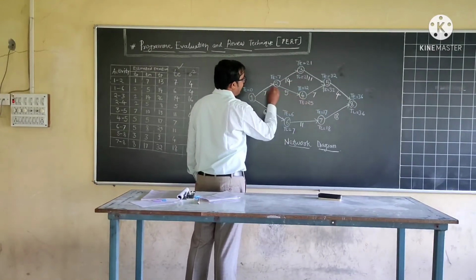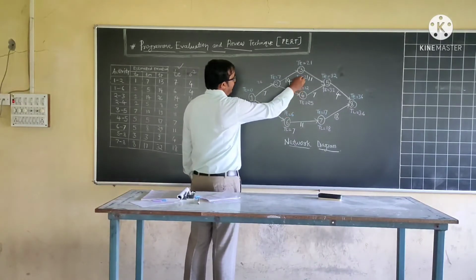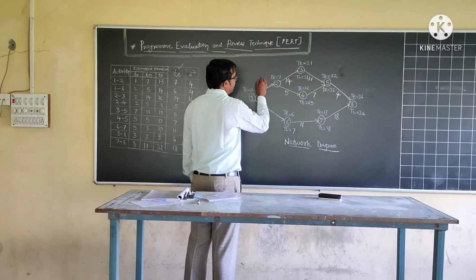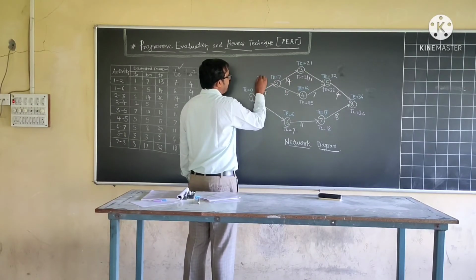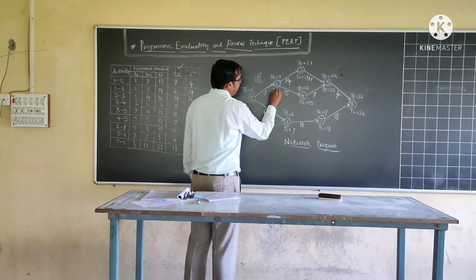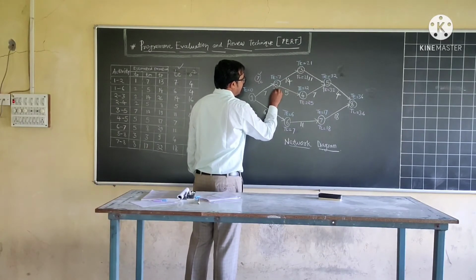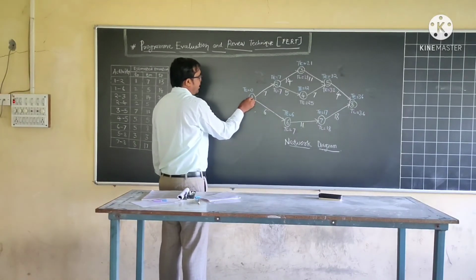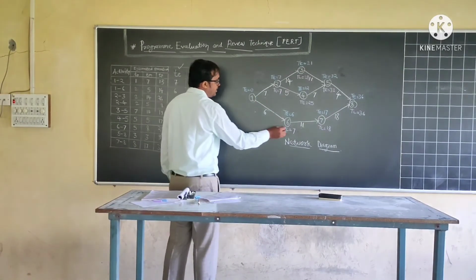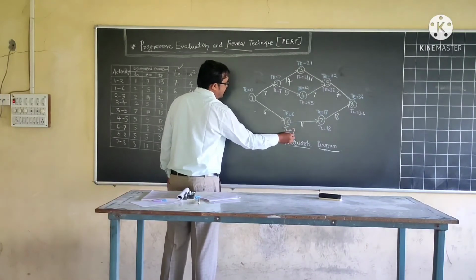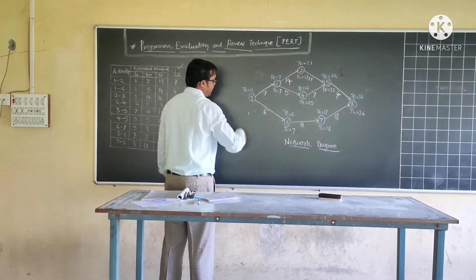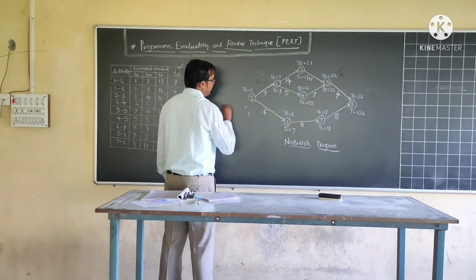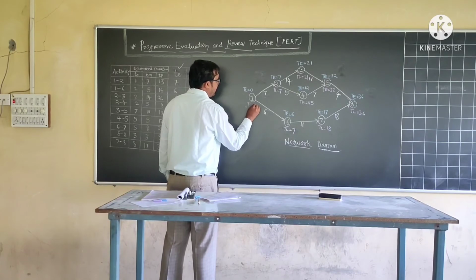So 25 minus 5, 20, and here 21 minus 14, that is 7. So we will consider the minimum value. Minimum is 7. So TL for event number 2 will be 7. And lastly, event number 1 is remaining. Okay, this way, when you calculate TL, then 7 minus 6, 1. And this way, 7 minus 7, 0. So we will consider the minimum value, TL 0.